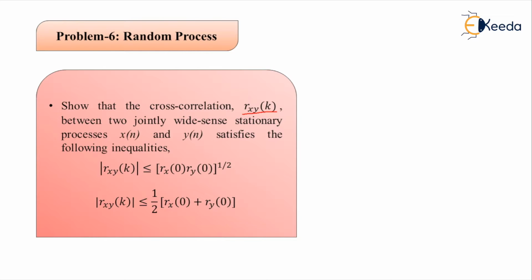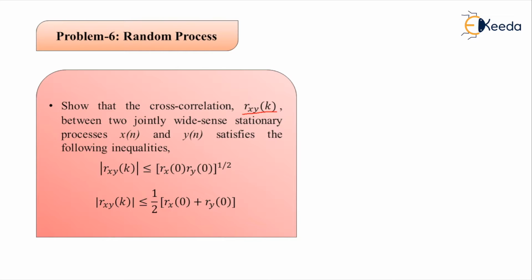So if it used to be Rx of k, it is the autocorrelation function for the random process